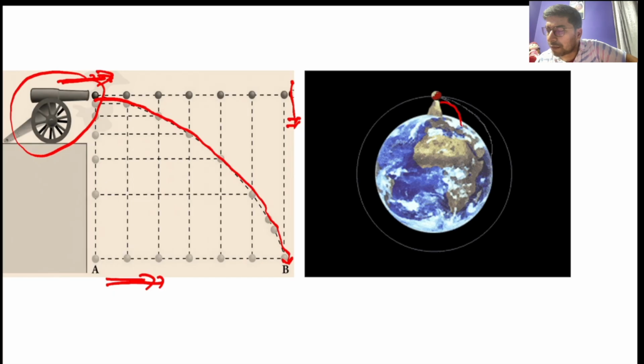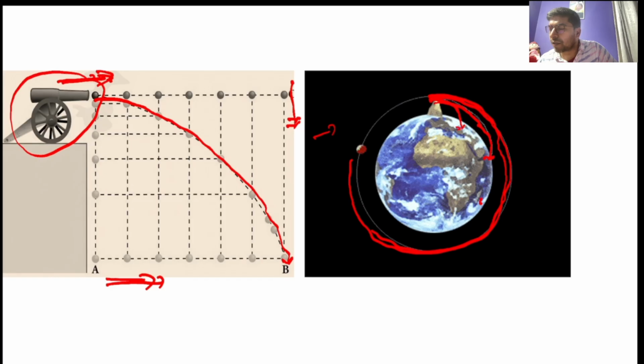Now suppose it throws a ball with some speed. The ball will move like this and fall down on the earth's surface like this. That is the second case we are discussing. Next, again it throws the ball or fires the bullet with some speed and it reaches some far distance. But now it has got exceptional power and energy, and in a very fast way it fires the ball. What will happen? It will move like this,